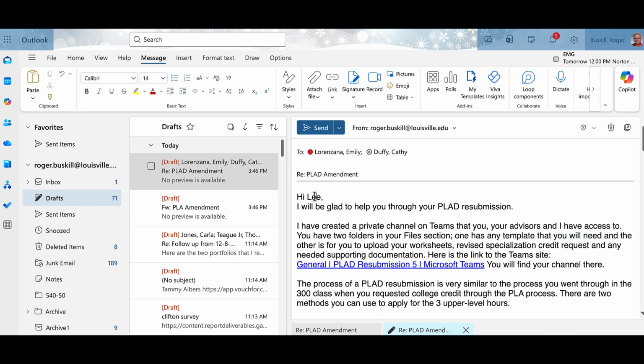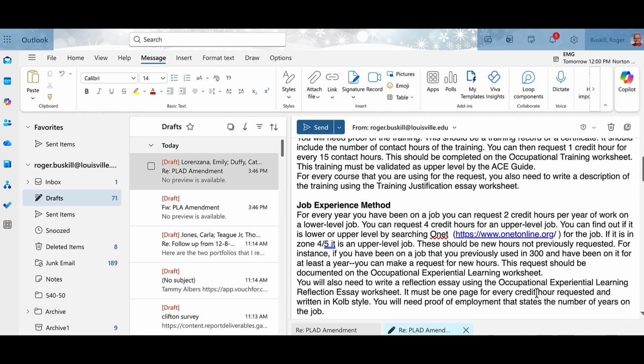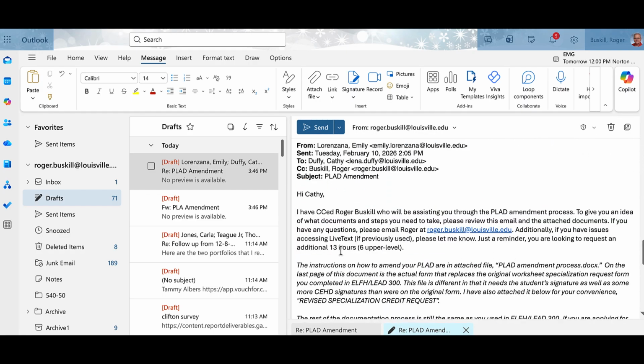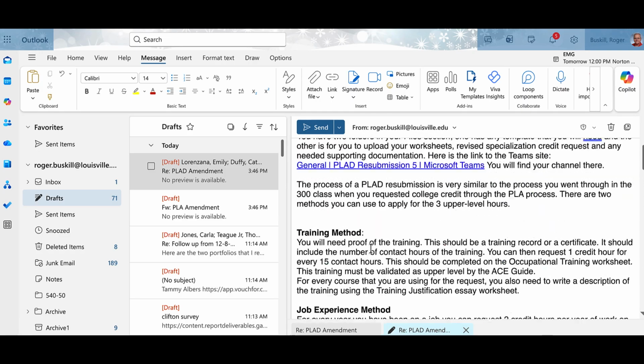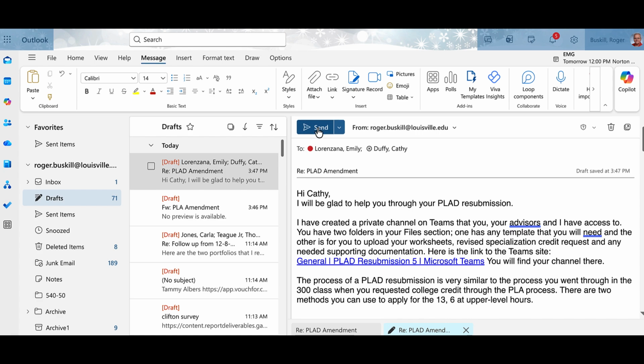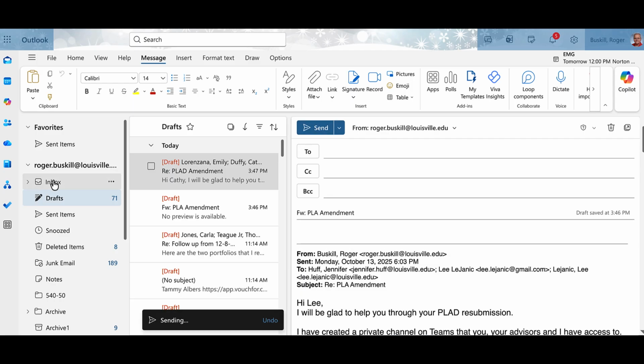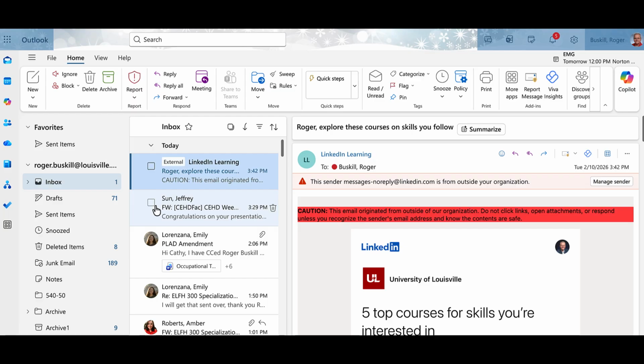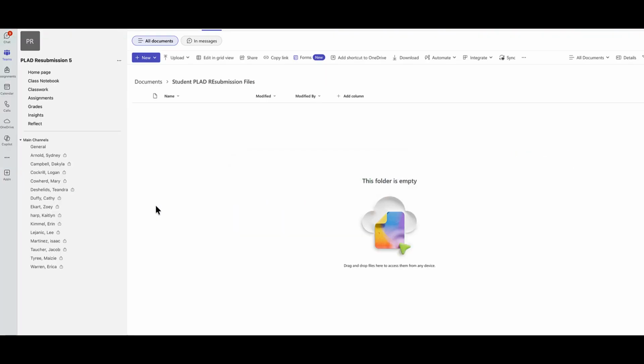Change this to Kathy, and her original request was 13 hours, 6 at the upper level. So then I'll send this to Kathy and Emily. I didn't change the folder link because we're still working out of PLAD Resubmission 5. So now I'm going to send this email to Kathy and Emily, noting that she has the rest of the information to refer to. So going back to the team channel,